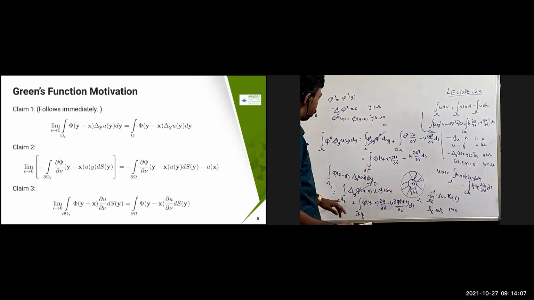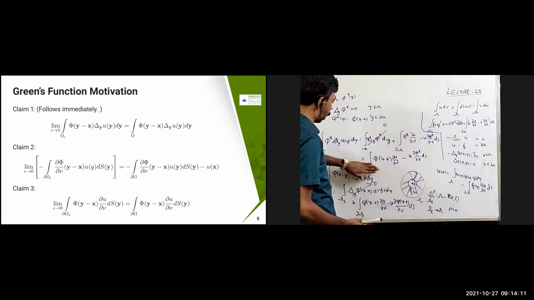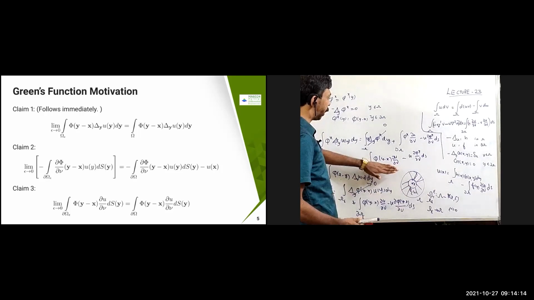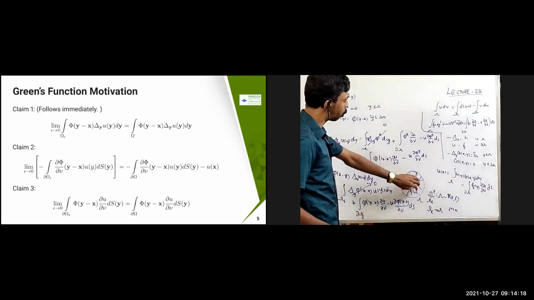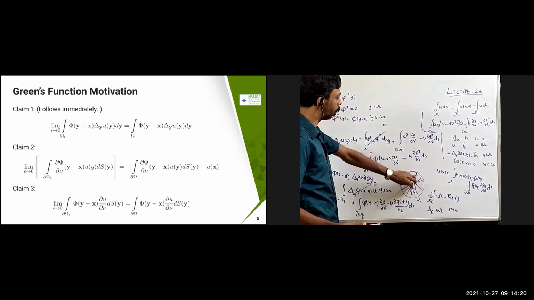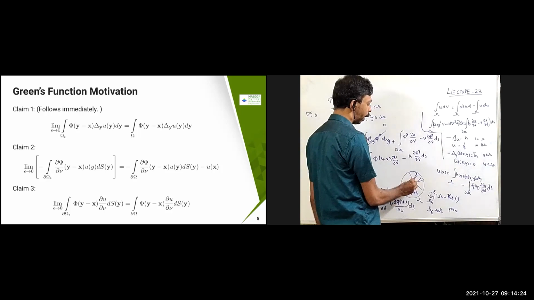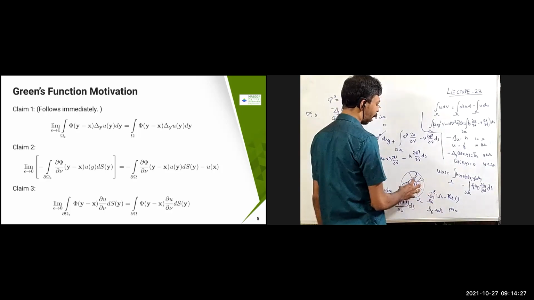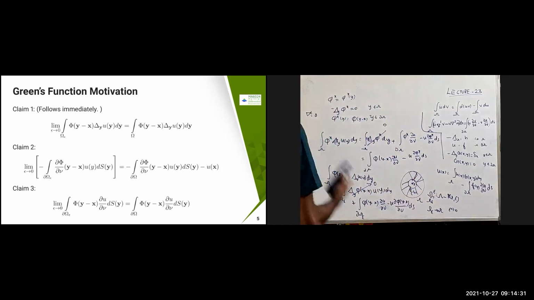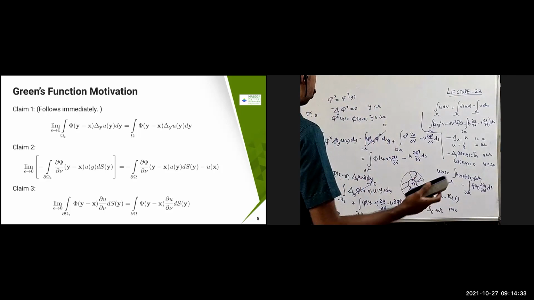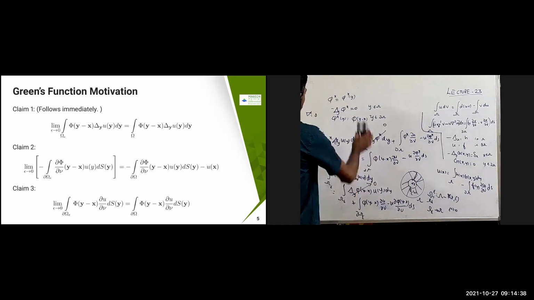So epsilon tends to 0 here, I can't evaluate directly because I have the problem of evaluating at y equal to x because of the singularity. That is the reason I'm putting it in a small ball where I'm omitting that removable singularity. I'm trying to avoid that place and put omega epsilon, and later we take epsilon tends to 0, then it is going to cover the entire region. So that is the idea here.